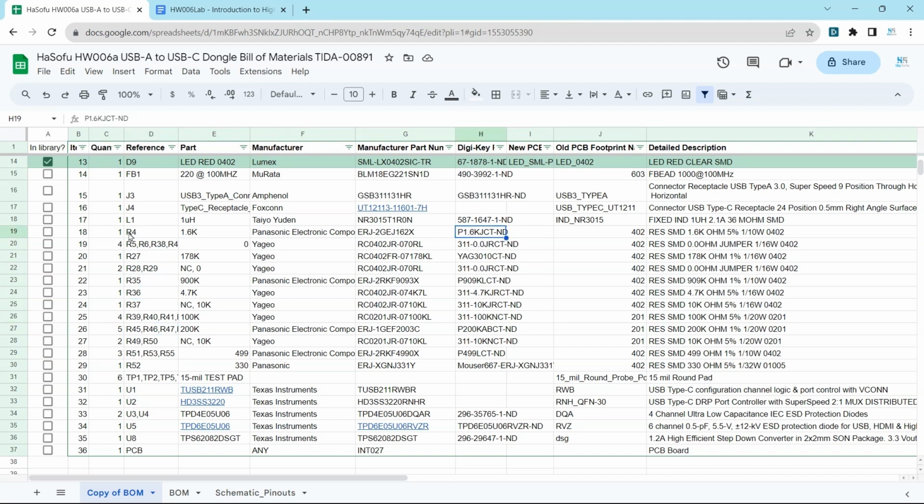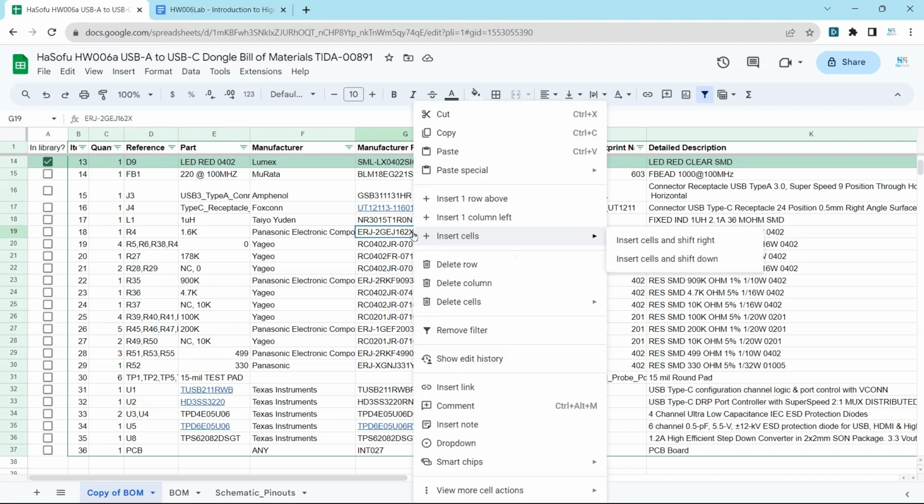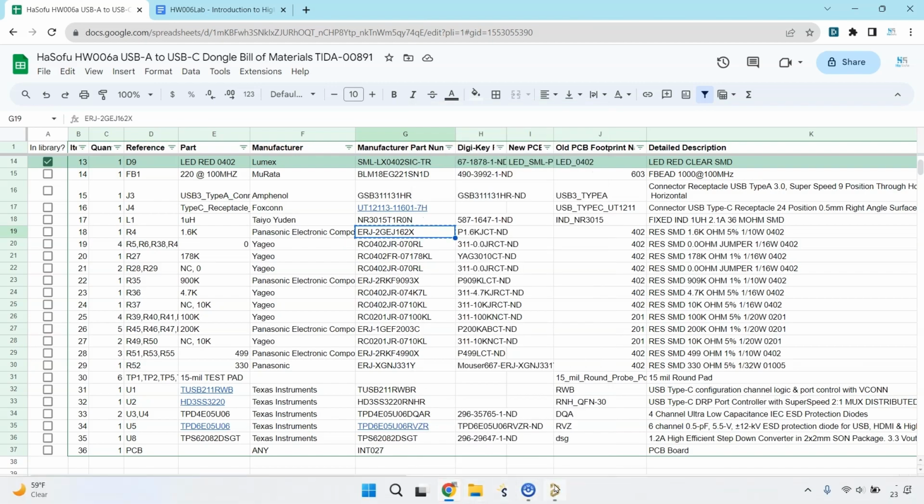So starting with R4 for the resistor, you would pull in your manufacturer part number, open Altium Designer, and